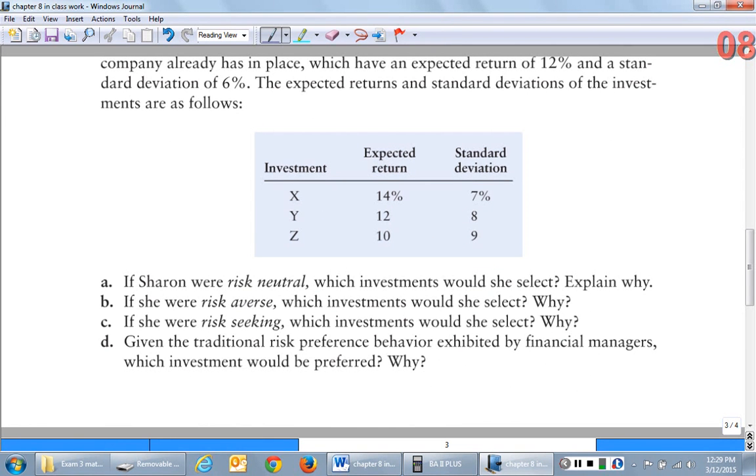She would prefer asset X because it has the highest return and it's still greater than the 12% required return her company has. And asset Y also performs at least as well as her company's expected return of 12%. If she were risk averse, that means that she would pick the asset with the lowest risk regardless of its level of return. So if she were risk averse,